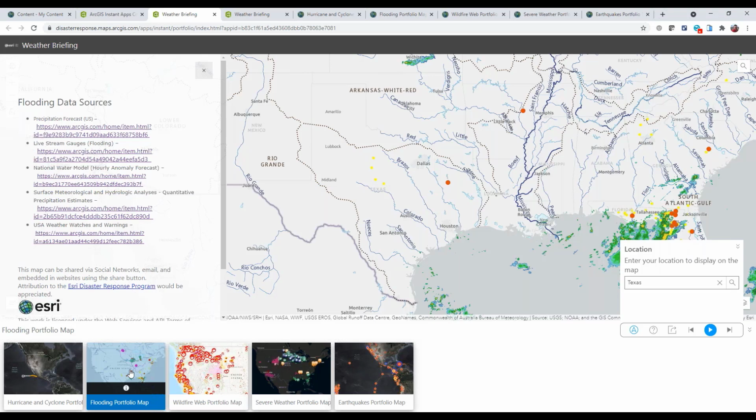There's options to provide feedback on this particular app, but in a general sense, we see this as a very powerful tool for both the emergency management, crisis response, and meteorology community to be able to share a range of dynamic information products in an easy to use way, giving us a single destination to have dynamic content at our fingertips that works both in a desktop environment as well as mobile devices, and really put the power of GIS and meteorology in the hands of our users to make better and more informed decisions and keep people safe.